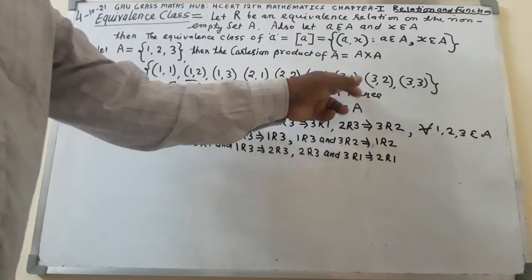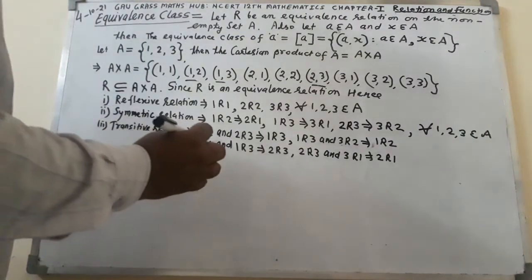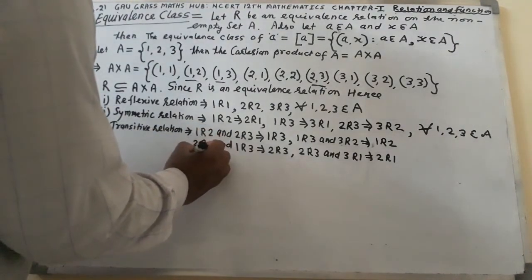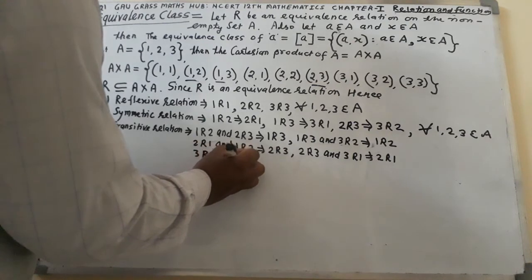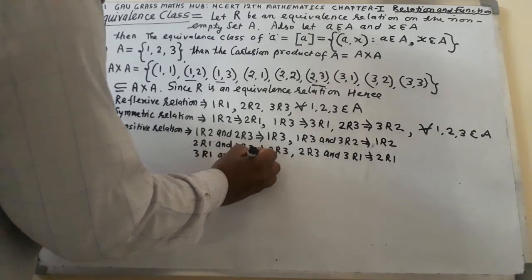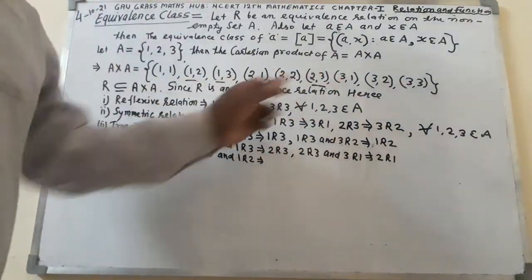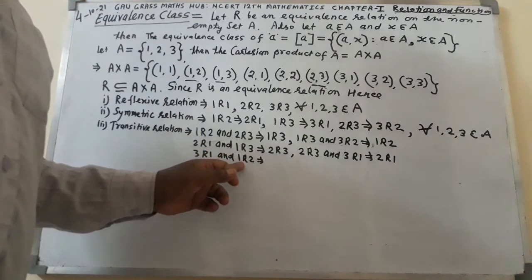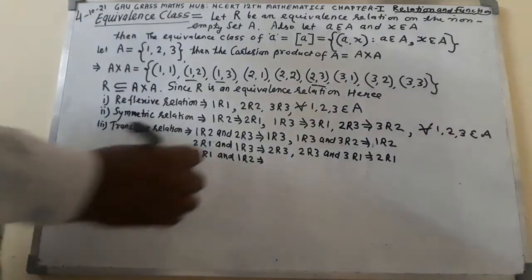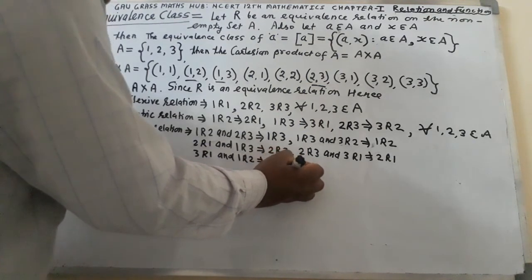Now 3 related to 1. So 3 related to 1 is not there. Now here if I write 3 related to 1 and 1 related to 2, imply that. Just see, 3 related to 1, 1 1 will be clubbed together and eliminated. So we will get here 3 related to 2.